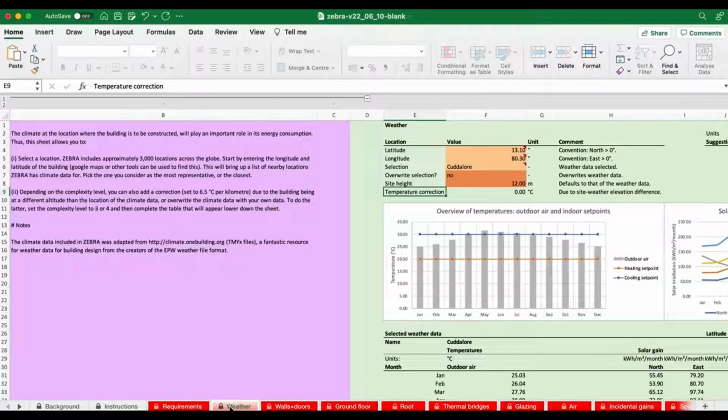And that's one of the great things about Zebra. Everything is immediate. You don't have a go simulate plot results phase, anything like that. You just get everything in real time.